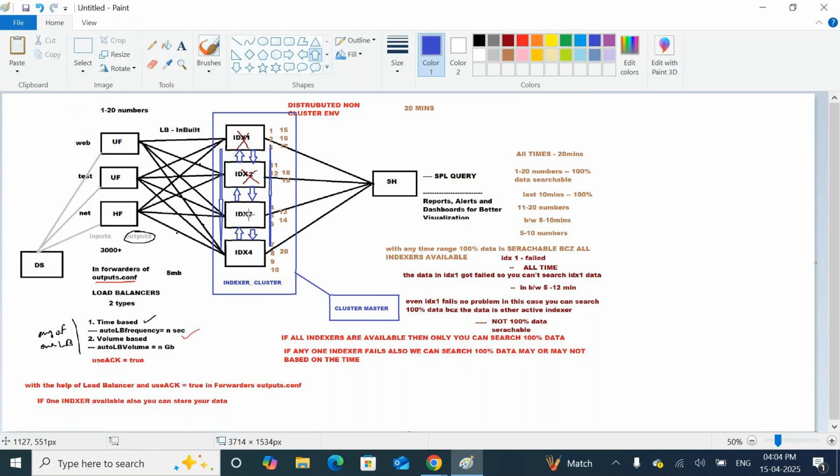If it is a clustered environment, it will maintain identical copies of data based on the cluster master's initiation, so that even if one indexer fails, the data is still available in another indexer, and the data will be searchable 100% at any time. Clear? Yes, sir.